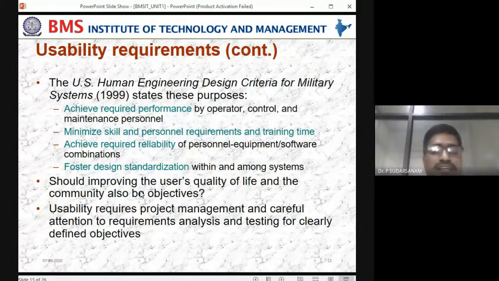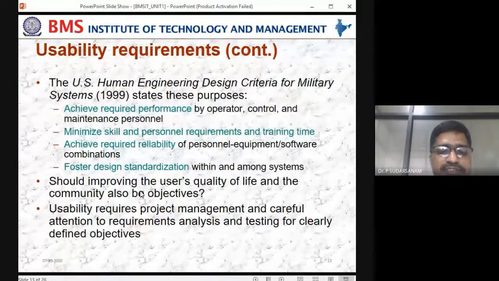Project management is something you have already studied in software engineering. They should know that, and carefully attend to requirement analysis and testing also. What is required to operate it, and they should do the testing also. Once all these things are checked, only then can they go for the fight.